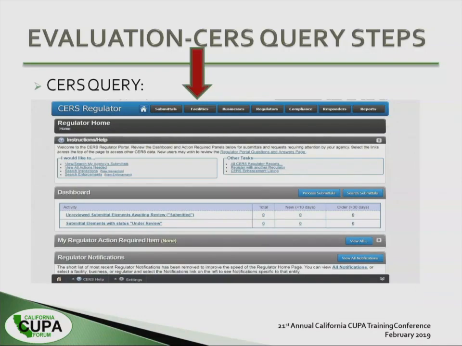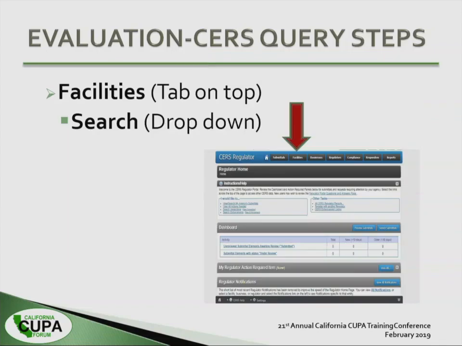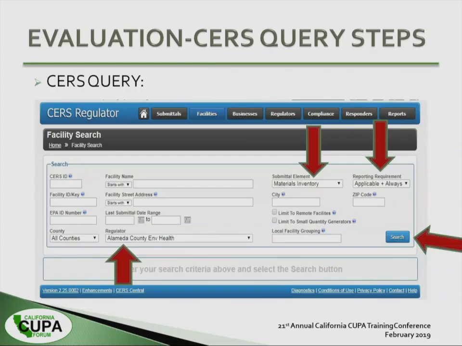Then we hit facilities, and this one's kind of fast, and from there it has a drop-down tag and goes search. And then we start adding stuff. So what we'll do is we'll put in material inventory, I do material just because it's the first one that comes up, always in applicable.